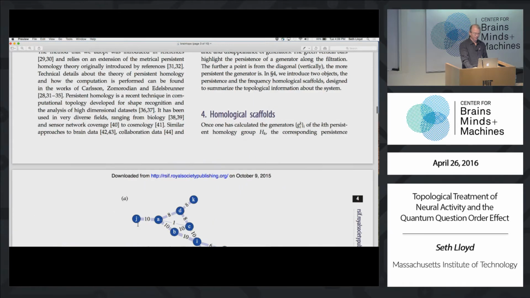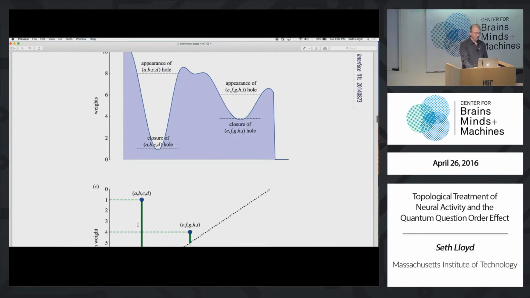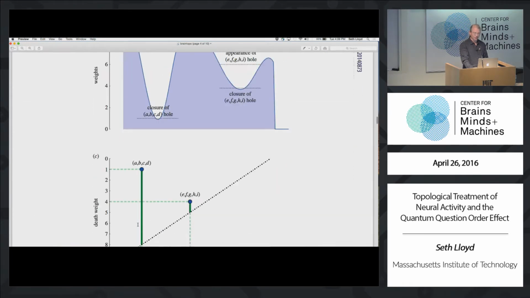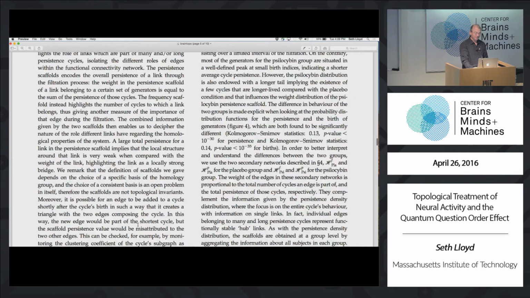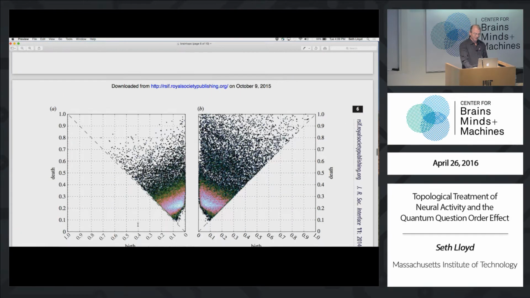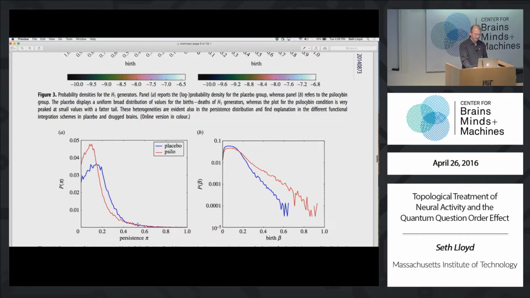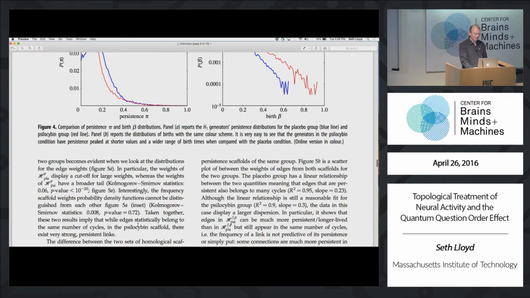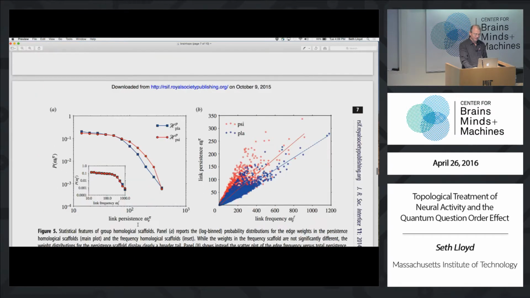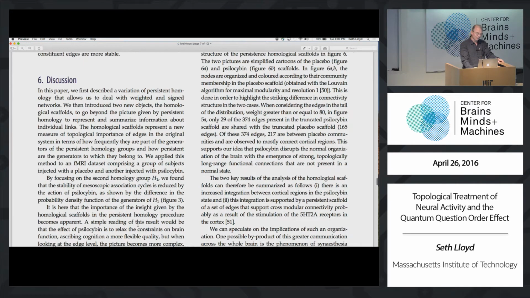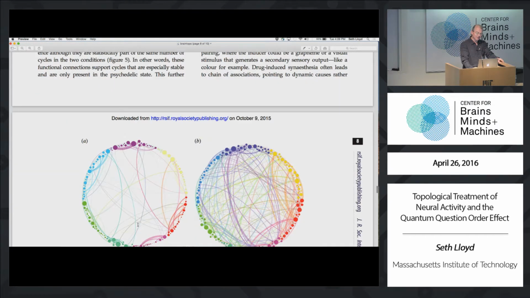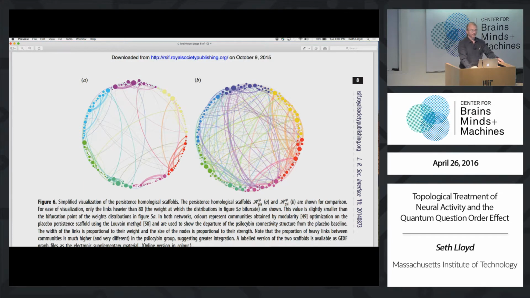Anyway, this is a paper where it's very specialized to this topological analysis. It's all about homology groups and things like that. Here are pictures of the appearance of holes, closures of holes. I'm really showing this to show you this paper, despite the fact that it probably can only be understood by about 50 people in the world, and I don't think I'm necessarily one of them. It has an awesome graphic in it, which was downloaded hundreds of thousands of times, and it was Wired magazine's best scientific graphic of 2015.